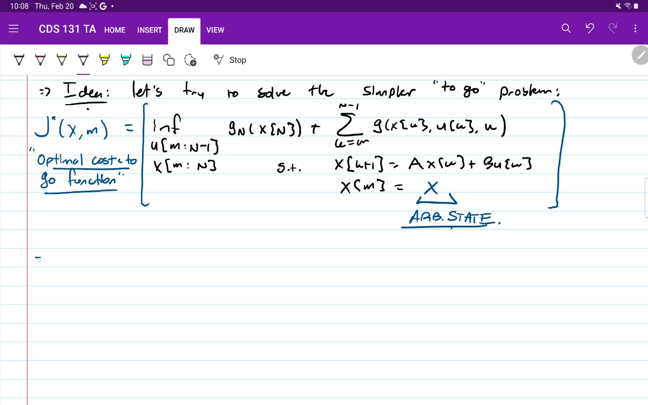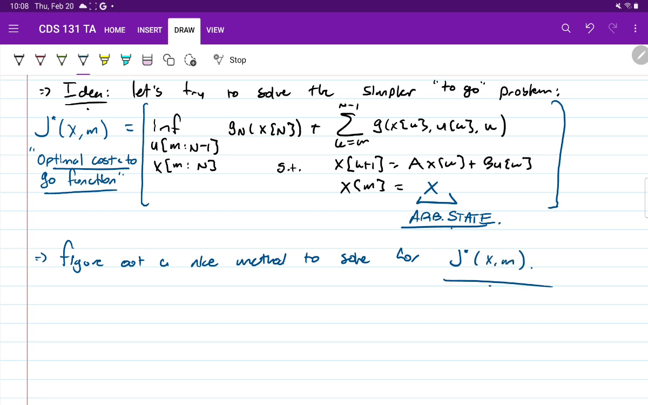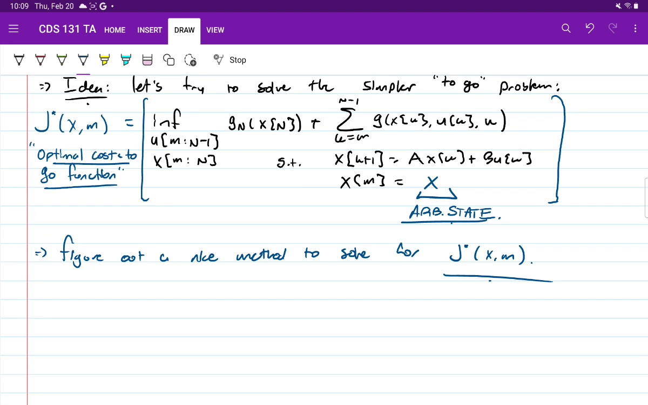So what I want to do now is figure out a nice method to solve for J star of x comma m, okay? Remember, these are still reasonably hard optimization problems to solve, so I want to figure out if there's a really nice, easy way to figure out what these J stars are. One insight that's really important into figuring out these J stars is something called the principle of optimality,